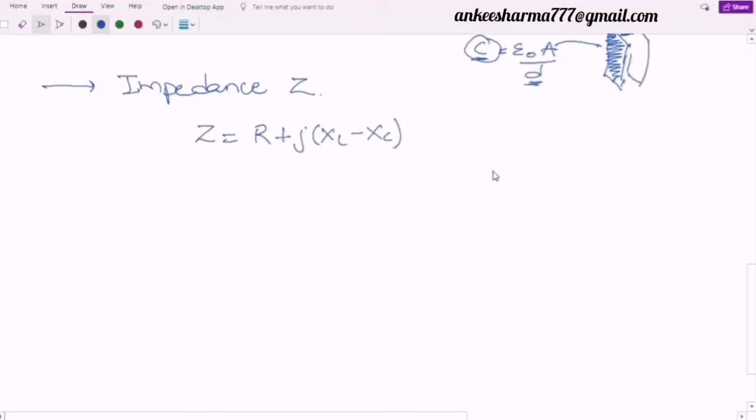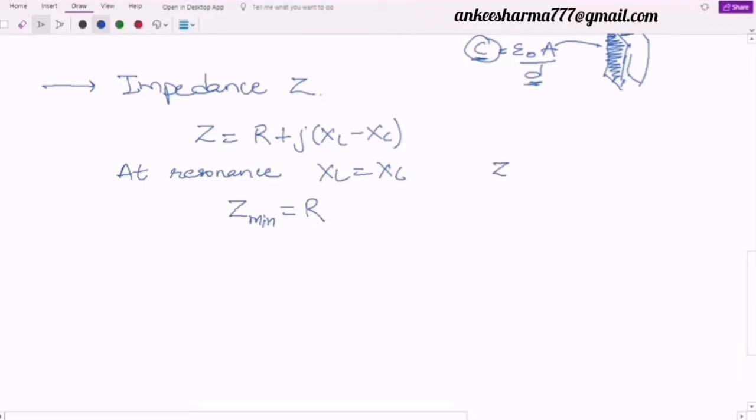Okay. So now over here, let's see what is going to happen at resonance. At resonance, I said that my XL will be equal to XC. It means if I look at this impedance Z, is it equal to only R? And this is the minimum value of this impedance, because definitely at other frequencies, or at a non-resonant frequency, XL will not be equal to XC, and definitely this will have some value.